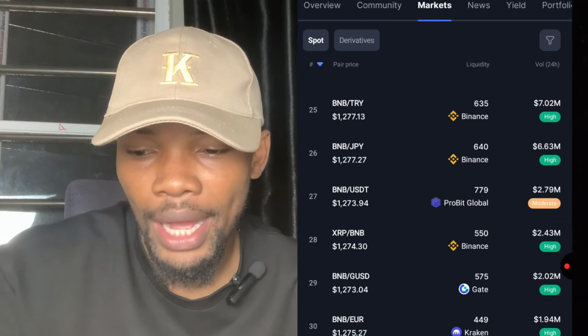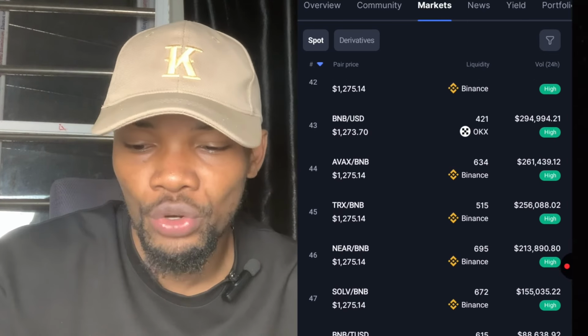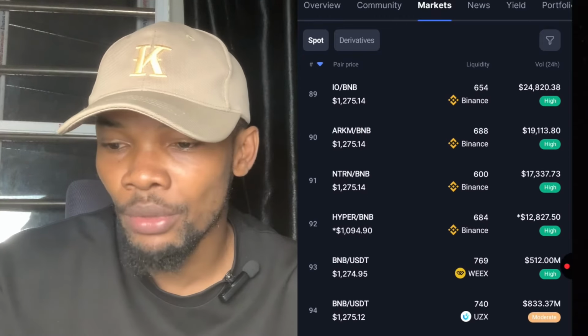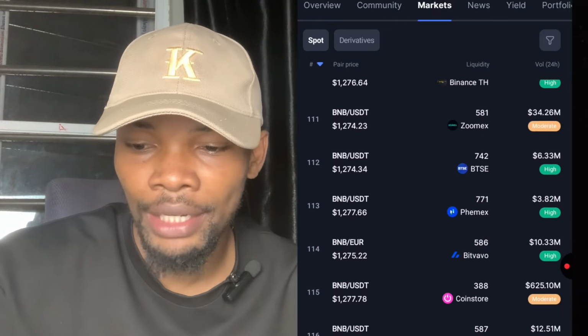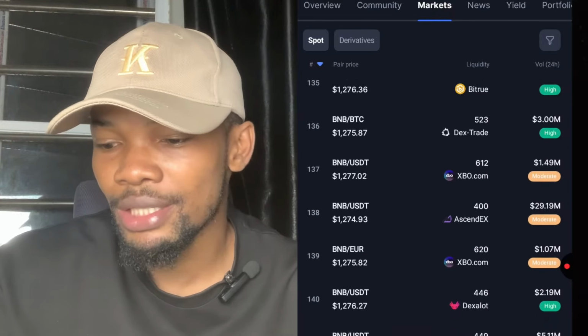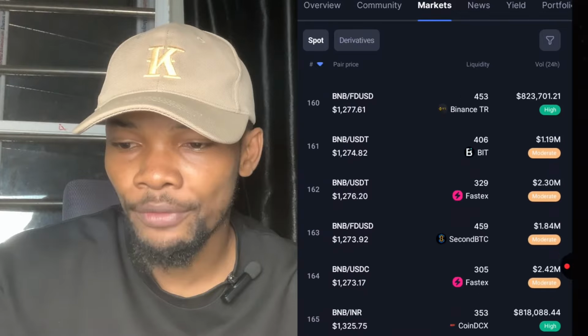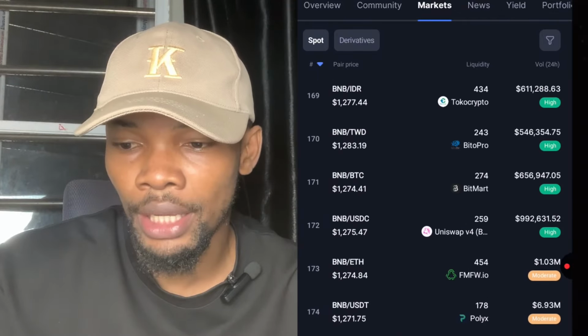Okay, so in most cases, when you scroll down, there are areas where you even find low. Let me go down, and you can see moderate is still here. Now, sometimes I can even see low. That means these guys have no liquidity at all. Maybe today I didn't find low, but sometimes if you are frequent here, you find that